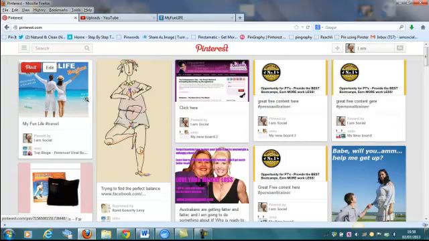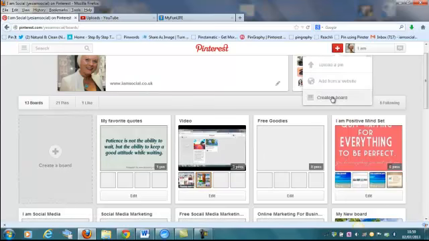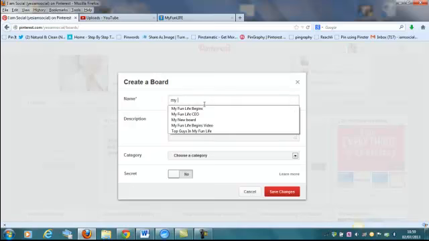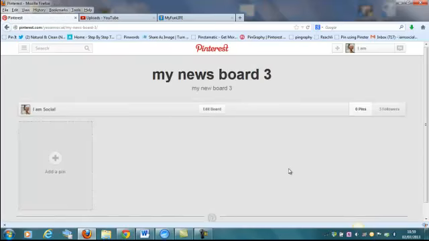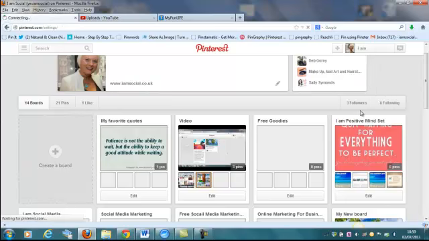Having a collaborative board is really, really important. Also, if you want to set up a collaborative board yourself, you can do that by clicking up here to create a board. We're going to create a board, board 3, say, and a description, 3. We're going to save the changes for that one. Now what you can do then is go into your settings,